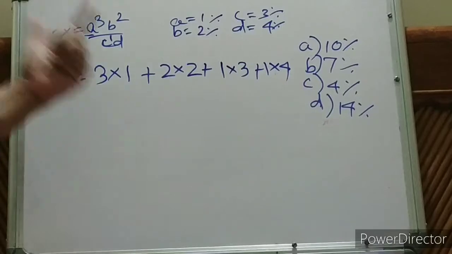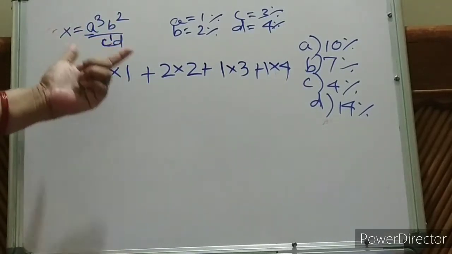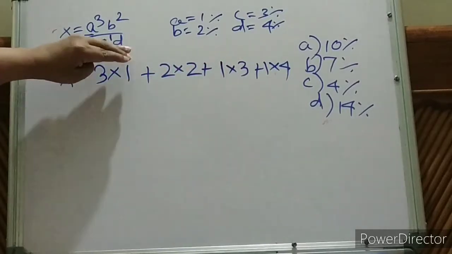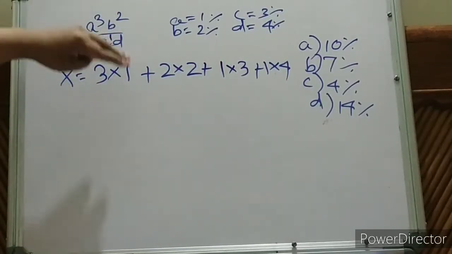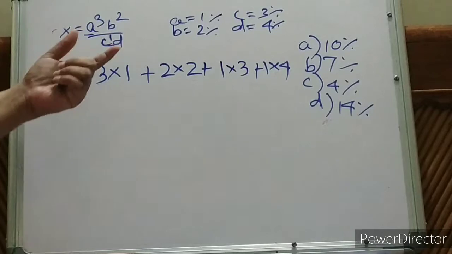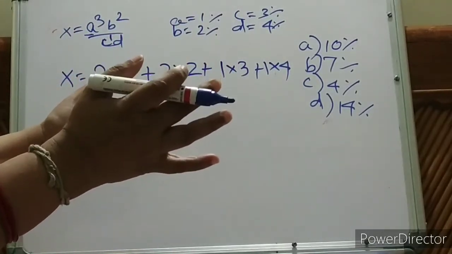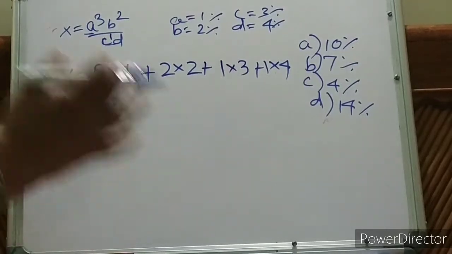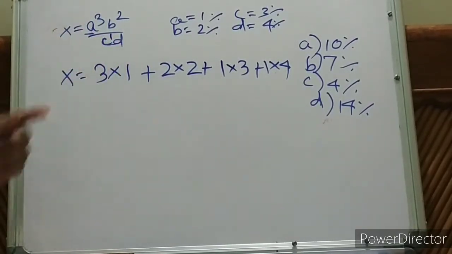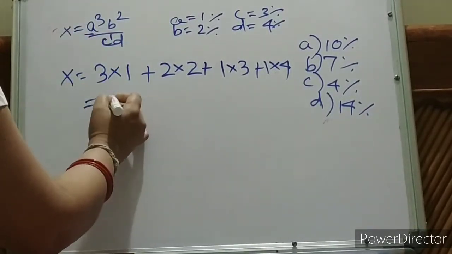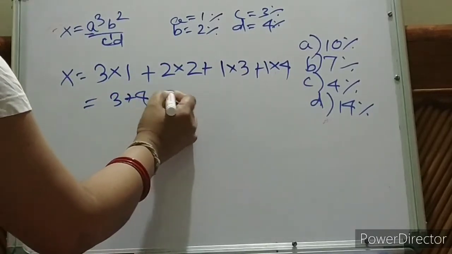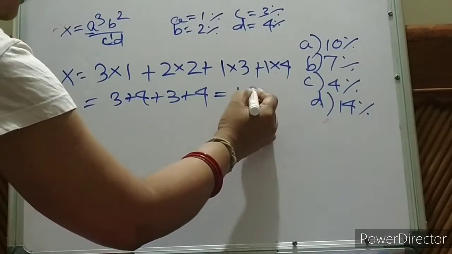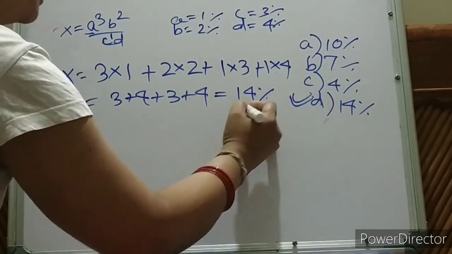And I have already discussed during this lecture, you have to add it. So don't use any minus sign. Whether the quantities are added, subtracted, multiplied or divided, whatever it is, you have to add the errors. Why add the errors? Because you are making 2-3 times the errors. That means more errors. It has to be added up. Okay. So 3 plus 4 plus 3 plus 4. So 3, 4, 7, 7. That is your 14%. So this is your answer, children.